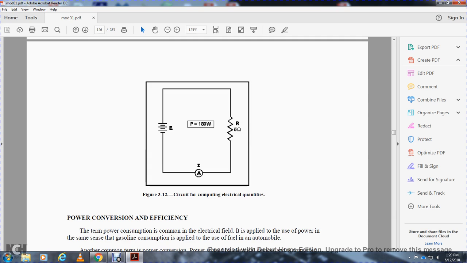So, I'm believing that it would be I squared over R. So you have